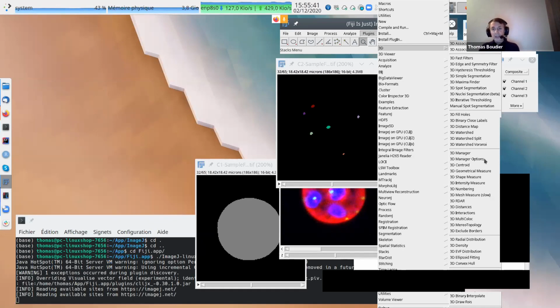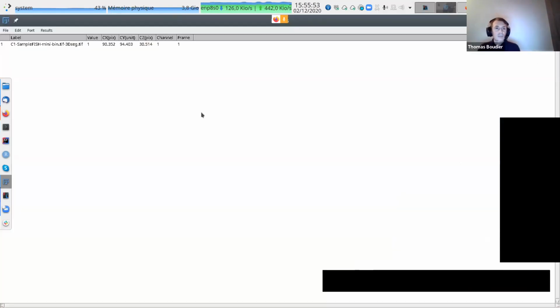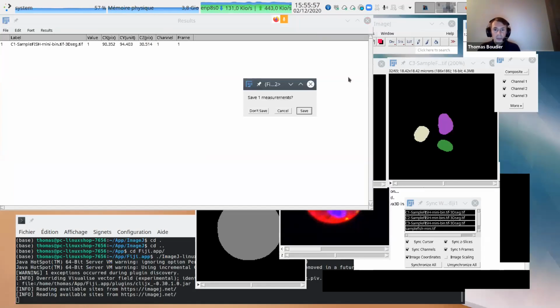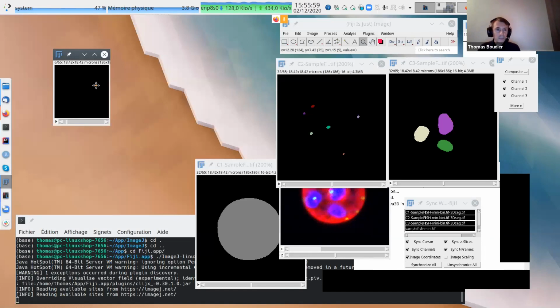So this part is analysis. We have the 3D manager, and then you see 3D centroid. Okay, let's check this one. Very simple. Maybe I'll do it again.